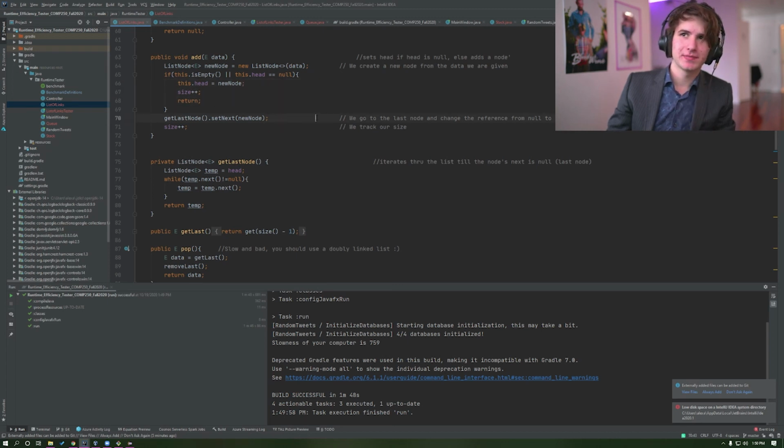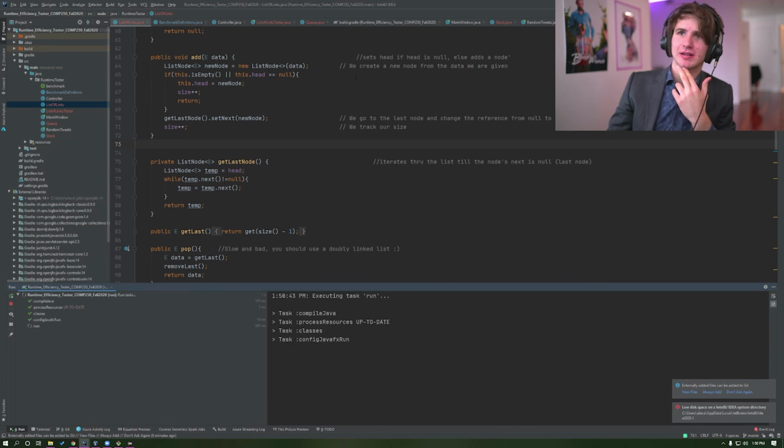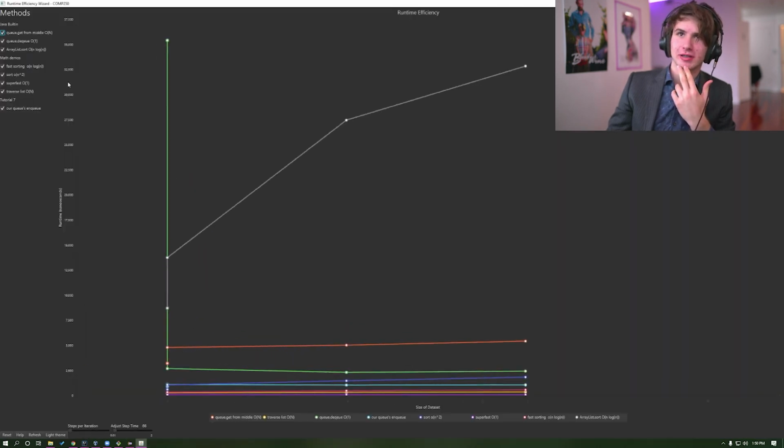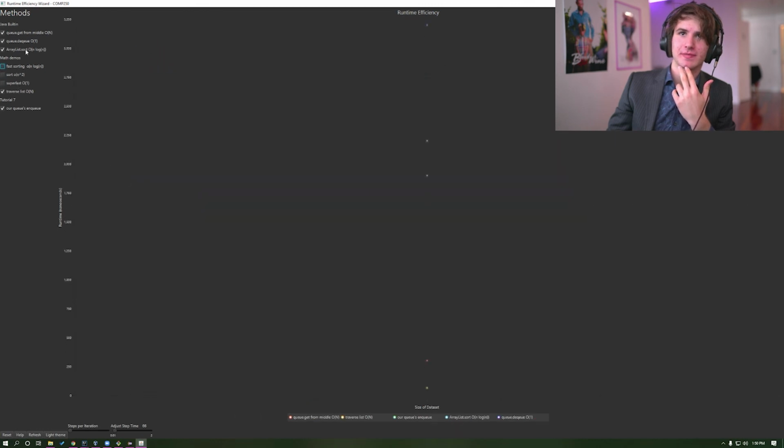So in reality, we thought it was O of 1 because it was really close at the start, but when we do big data sets, we see that this actually causes it to be O of n. And it's just because each step takes a very short time, because it's a very simple step every time. It actually works in O of 1, but I would expect it to be somewhere around O of n in reality. So if we look, and we compare it to O of n, with the really big data set,